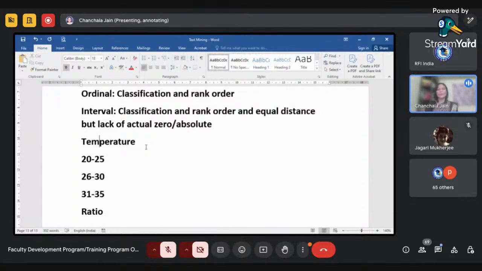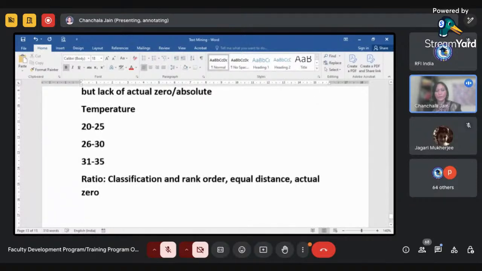To overcome this, we have the last scale, which is the ratio scale. It has all the characteristics of the previous scales: classification, rank order, equal distance, and actual 0.